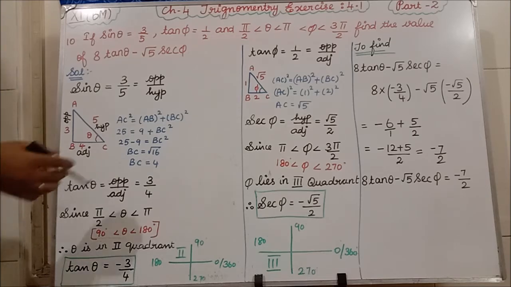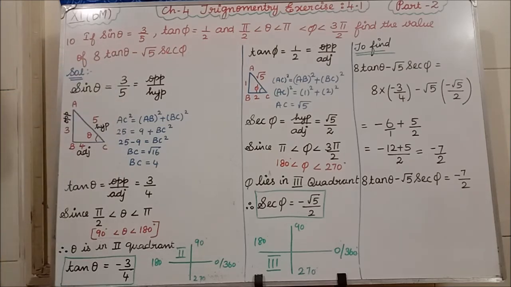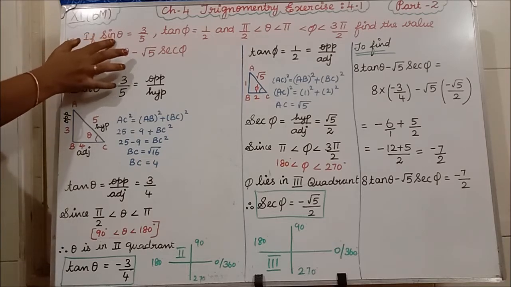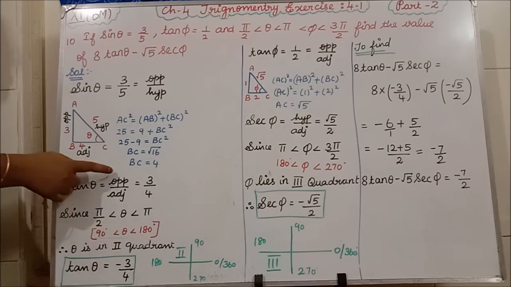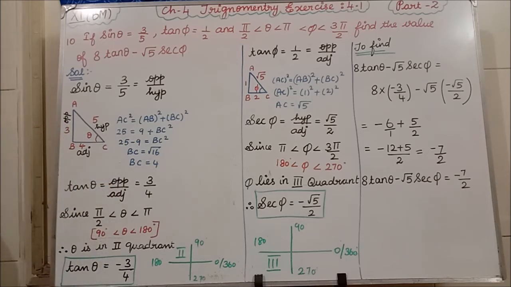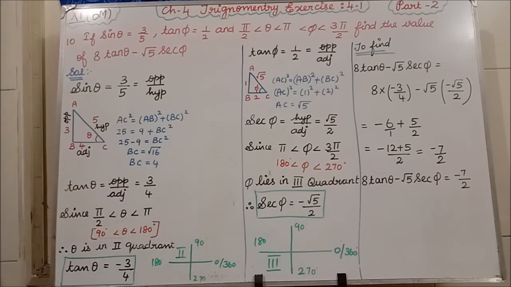Clear, all of you? What value have we got? We have got the value as 4. Clear? Now see, in the question, what value do we have to find? Tan theta value we have to find, isn't it? But in the question they have given only the sin theta value. They have not given the tan theta value, so we are going to find it ourselves. See, tan theta is equal to what is the formula? Opposite by adjacent. Now we know the opposite side, hypotenuse side and adjacent side. Three sides we know the value of, isn't it? So opposite side means what? 3. Adjacent side means what? 4. So 3 by 4 is the value for tan theta.